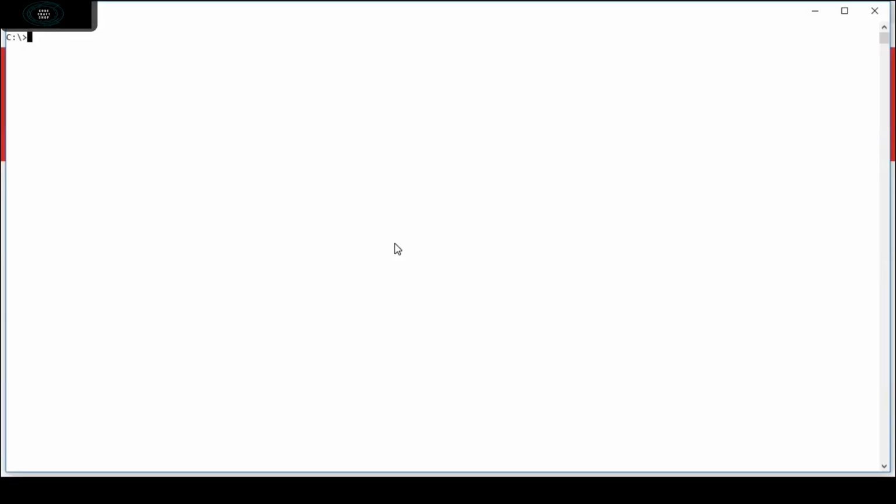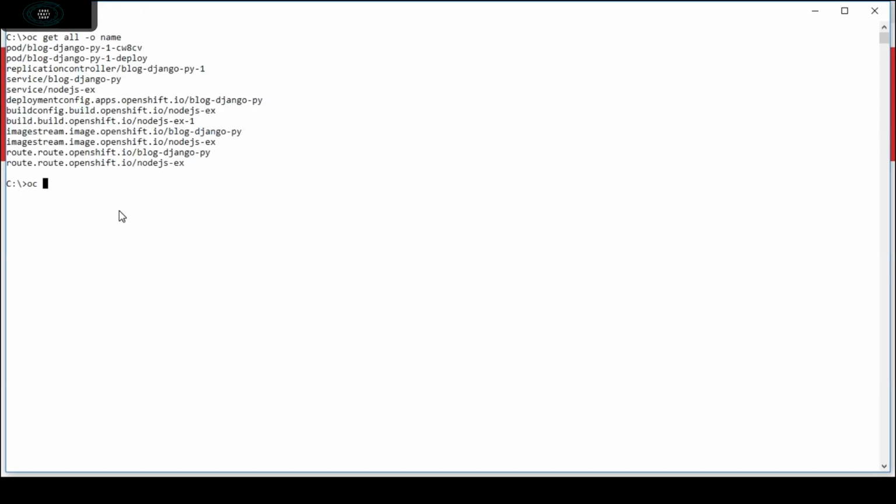Now we will move on to the second part, that is deploying the application using the container image with the command line tool. First of all I will log into the system, and then delete the application. Before deleting the application we need to check whether the application is there or not. So the command to check whether the application is already there: first we will check for all the applications in the project that we have created. I will select the project.